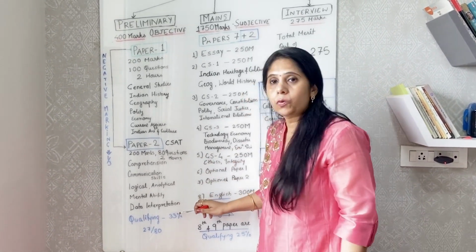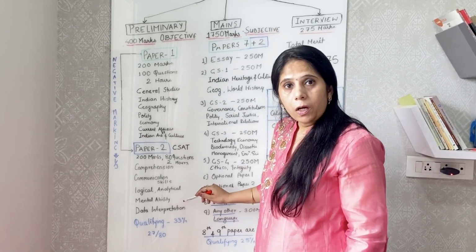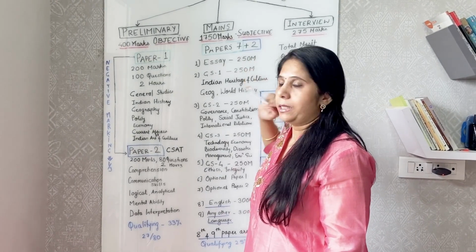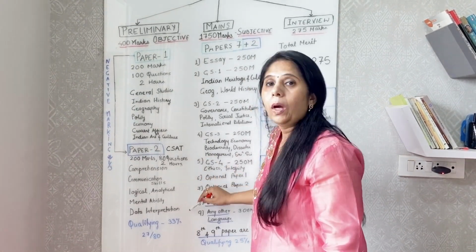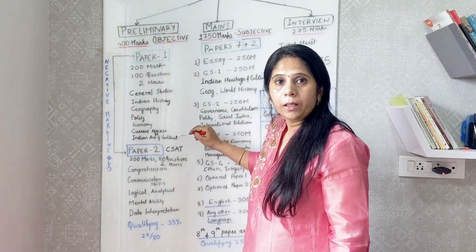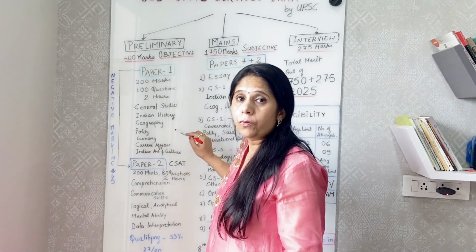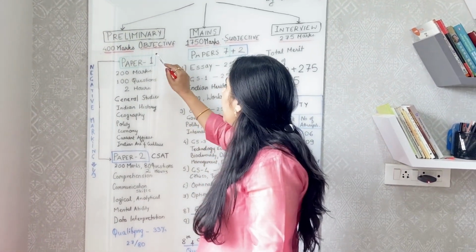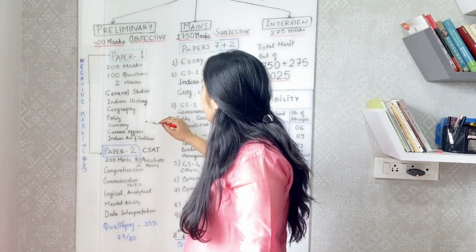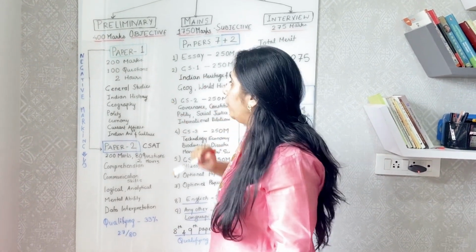However much you score here, that is not added to the merit for the calculation of being eligible for the mains. So you have to get a minimum of 33% marks. You have to score well. So far the survey says that students who have got around 50 to 55% marks, that is 100 to 110 marks out of 200 for this paper, have been considered for mains. So they are eligible to appear for mains.